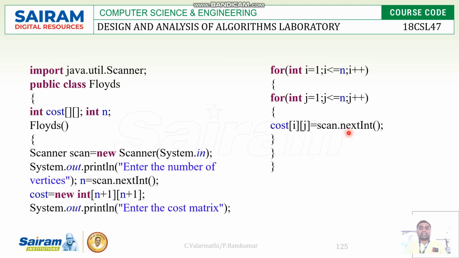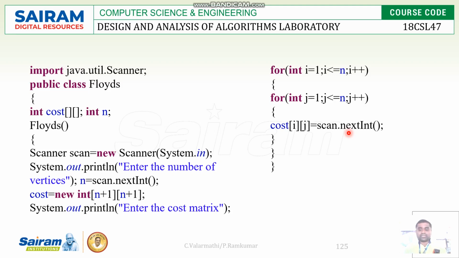So here in this code I am using scanner as an utility, a public class name is Floyd's. So next I am declaring the variables, one is cost, another one is n. So cost is used for cost adjacency matrix, and I'm defining the function Floyd's. So next I'm going to receive the input from the user using the scanner. So scan equal to new scanner of system.in,